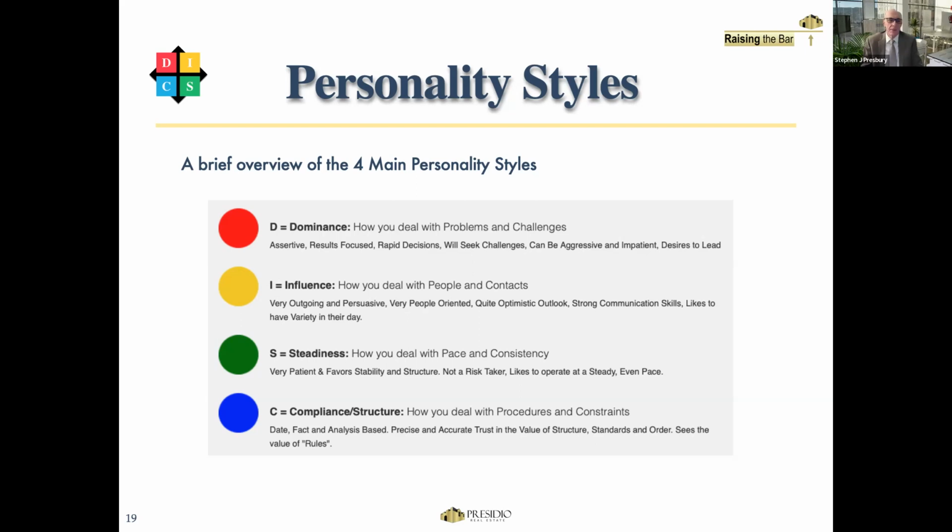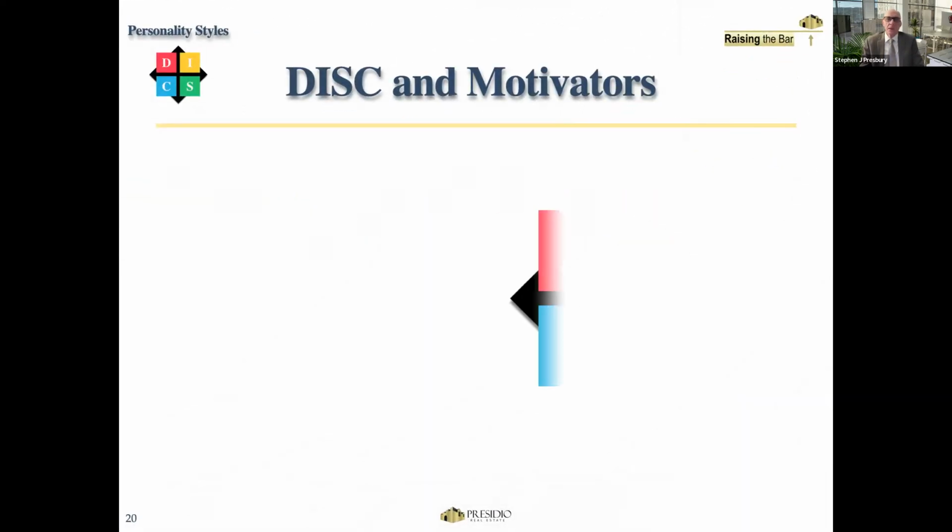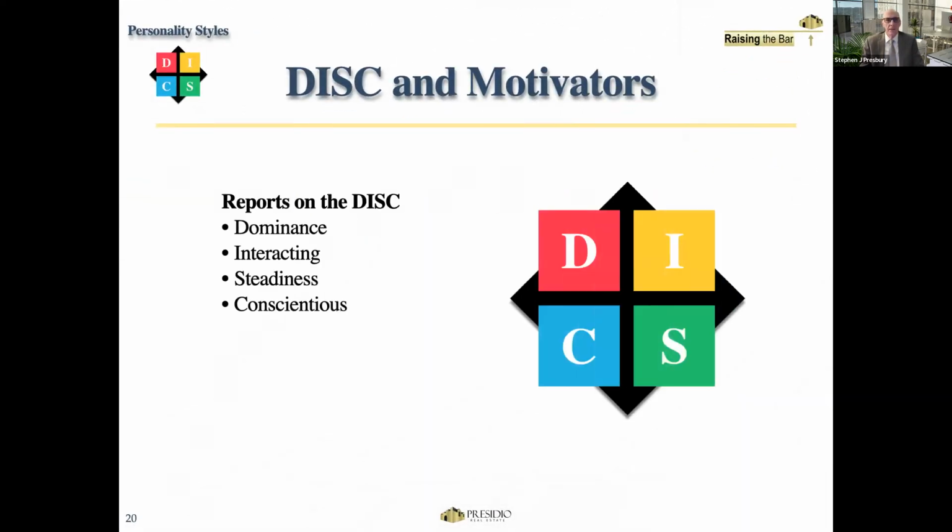personal makeup. But some of them are more dominant than others, and we'll talk about that as we go through this class. As you're looking at these now, you're probably thinking, yes, I'm definitely more red than I am yellow, or I'm a green, or I'm a blue, or I'm a yellow. So you kind of know roughly where you are on this, but there'll be some strong, very prominent areas of your character that fit into one of these groups, and we'll talk about that. There are some motivators, and we'll talk a little bit about that as well.